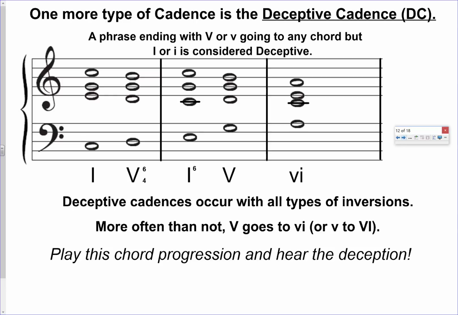One more type of cadence is the Deceptive Cadence, or DC. A Deceptive Cadence is a phrase ending with 5 major or 5 minor, going to any chord but 1 major or minor. So here is a progression that involves a Deceptive Cadence. Notice again I have my passing 5-6-4